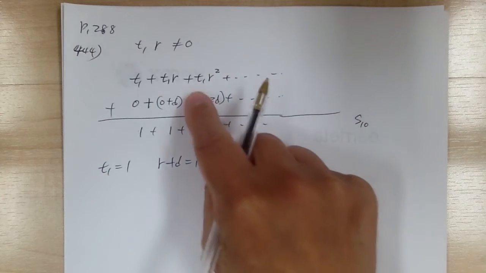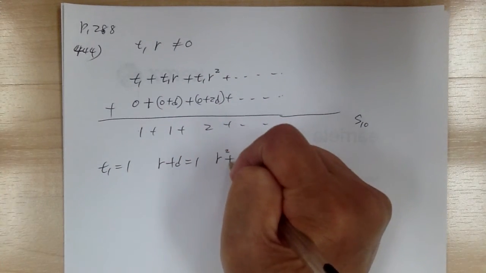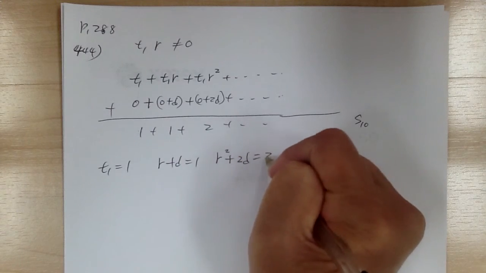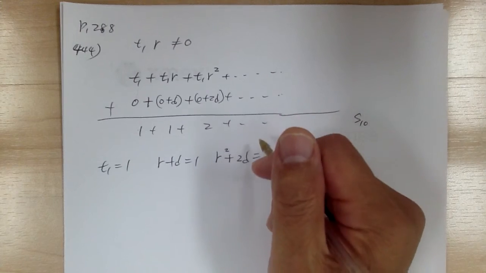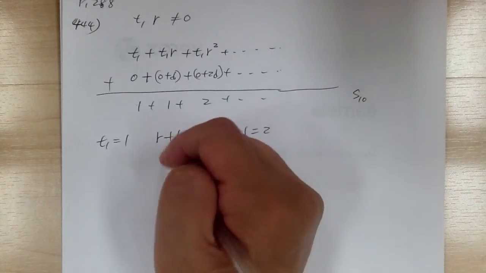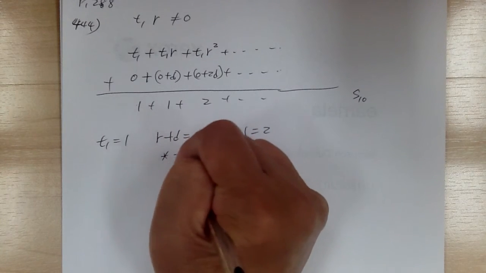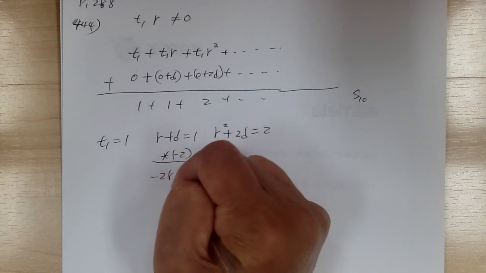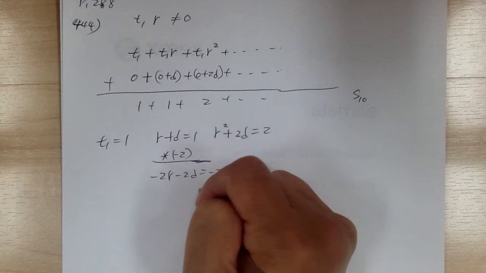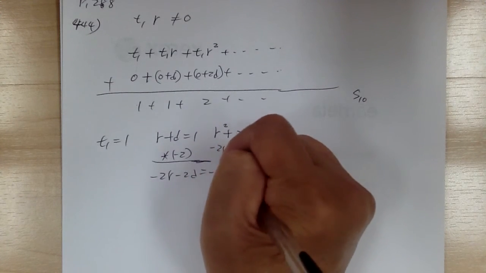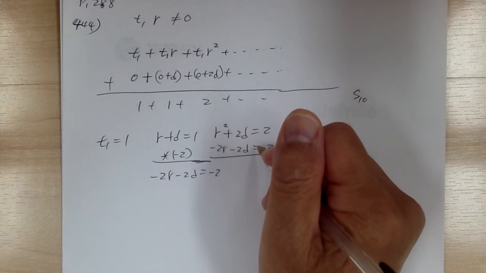And the third one, again, T1 equal to 1 from here, so you're going to get R squared plus 2D equal to 2 from this column. Okay, so from here, let's go and solve for all the variables. So I'm going to eliminate the D, so multiply by -2, so I got -2R minus 2D equal to -2. Okay, and I'm going to put it in here, so minus 2R minus 2D equal to -2. And then from here,